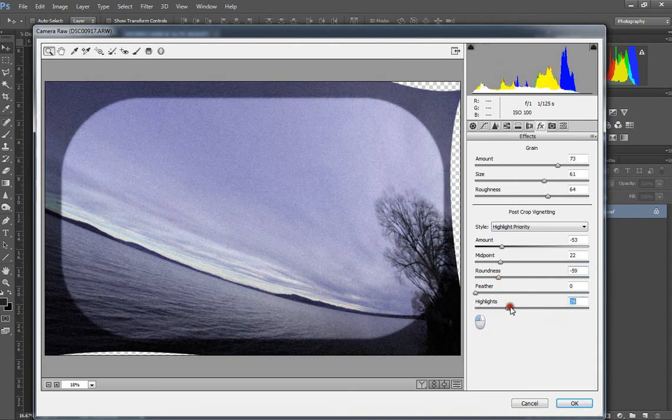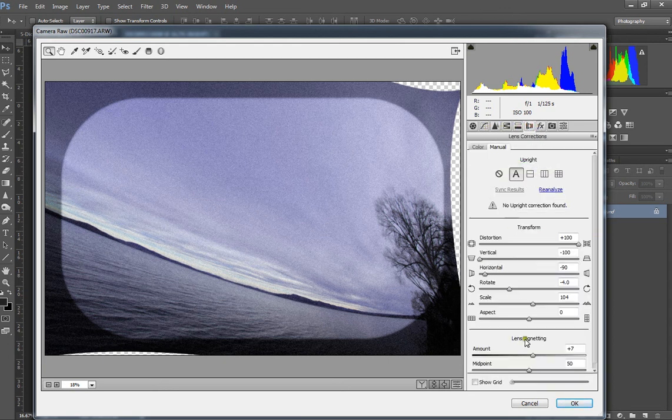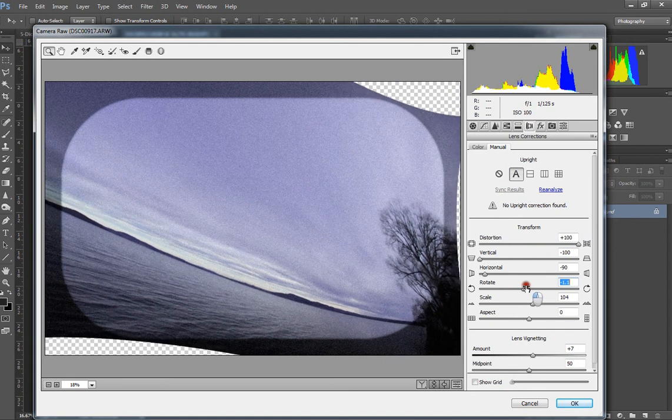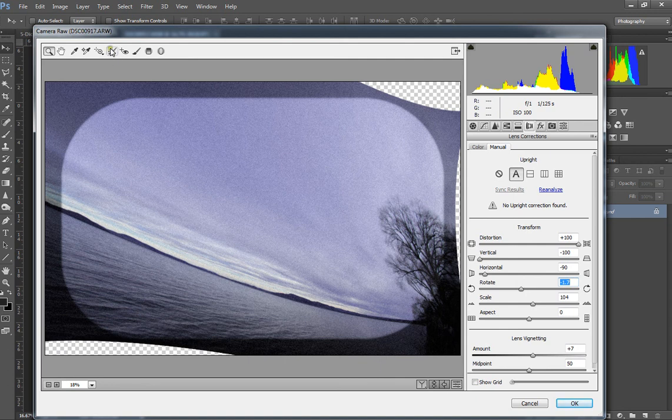And your highlights, that was the issue that we were having before, that our highlights or our dark points were actually sneaking through. You can allow the highlights to sneak through like that in this case. So yeah, there's lots to play with. Obviously, if this was going to be finished, it would need to be cropped, and I would want to just finish this off a little bit more, rotate it a touch more so that horizon is actually really crooked. Otherwise, if we leave it partly tilted, it doesn't look like it's properly canted. It looks like you've just not bothered to